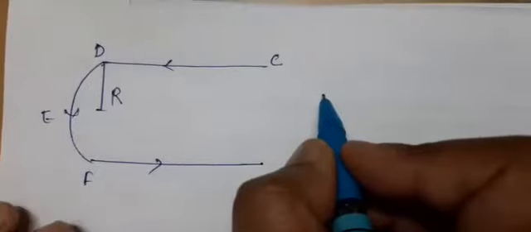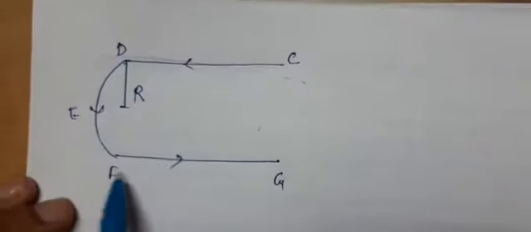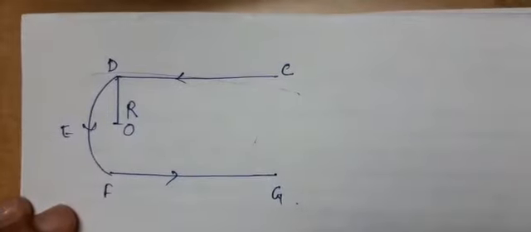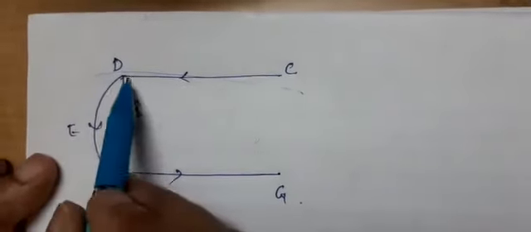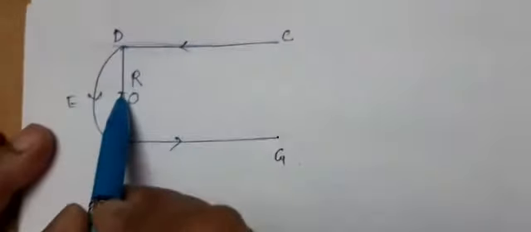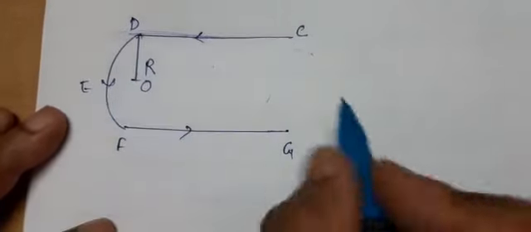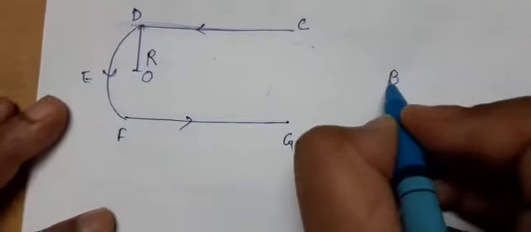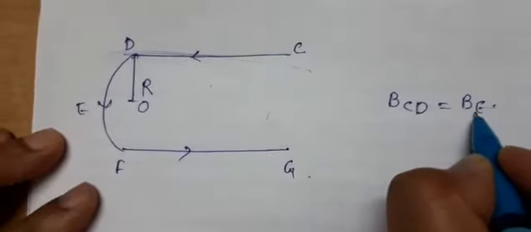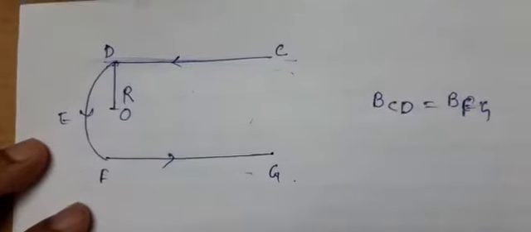Now next numerical, an electric current is flowing in a long wire of the shape given here. Find the magnetic field at the common center. So first of all, identify that the magnetic field due to the straight wire is not at the center, this is at one of the edges. So as per it, you have taken the result that the magnetic field due to CD and EG, this is FG, for both these wires will be the same.